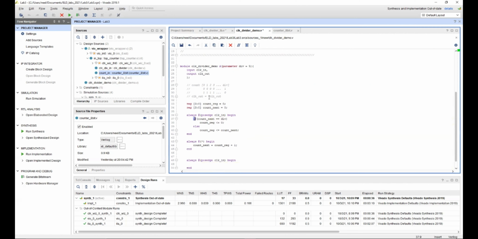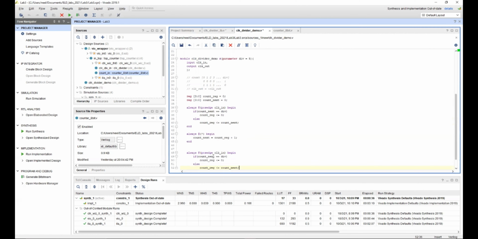When are we supposed to change the value of clock out? Whenever the value of count is equal to div. This is exactly similar to the if statement over here. Whenever the value of count is equal to div, we need to change the value of clock out to not of clock out. Otherwise, we just keep the value of clock out as clock out.